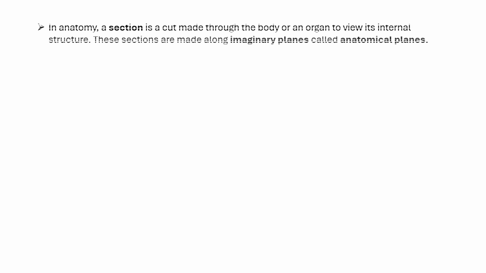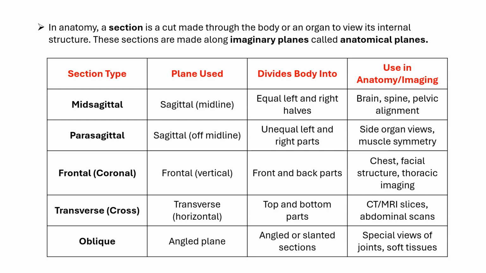Next, we will see sections of the body. As I said earlier, a section is a cut made through the body or an organ along the imaginary plane. Its purpose is to reveal its internal structure. Here, the terms remain the same for both sections and planes. There also we have learned the same things, right? Mid-sagittal, parasagittal, frontal, transverse, oblique. These terms are the same, but the difference between the plane and the section is that a plane is an imaginary line, whereas a section is a cut that is made